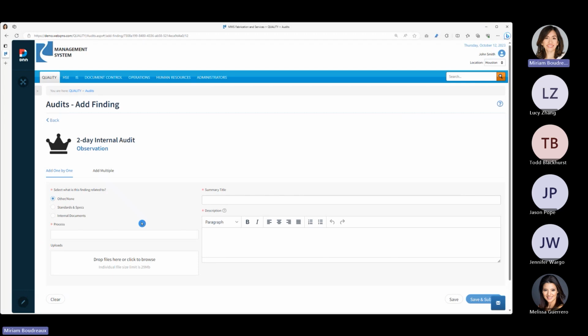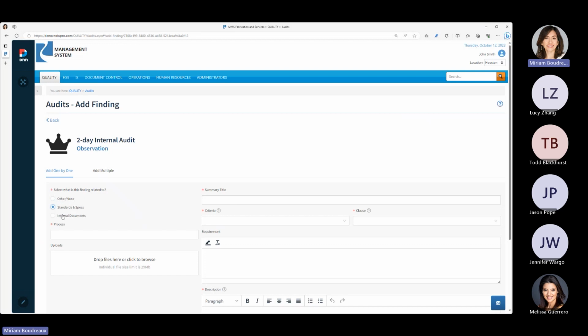For observation now, as you know, an observation is kind of like a near miss. Maybe it's just something where the auditor feels something is going wrong. So it could be against something they found, maybe nothing, or it could be against the standard, or it could be against your internal documents. So if I say this is going to be against your standards,